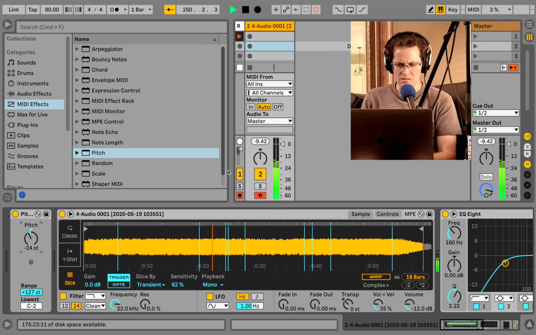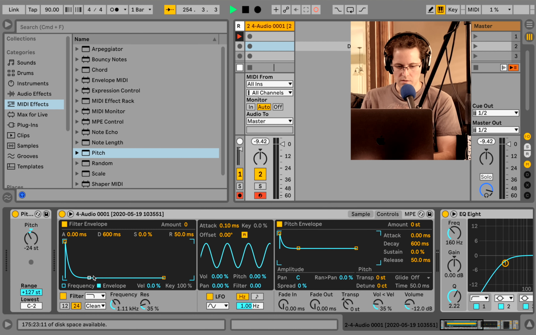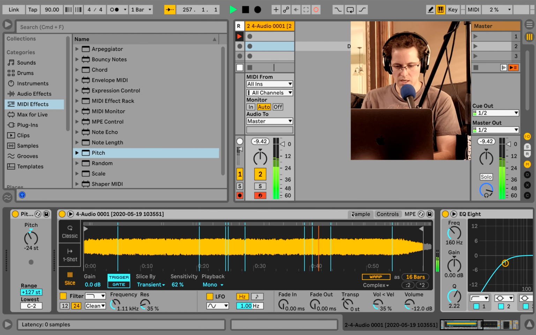Ooh, I'm liking this, to be honest with you. So yeah, and then in sampler or simpler, if you go into controls here, you're going to have your filter. You can then put a filter envelope. The amount is up here. Now, cool, I just gave an envelope to these pieces. Now if I turn filter off, ready? I'm getting this. But filter on.